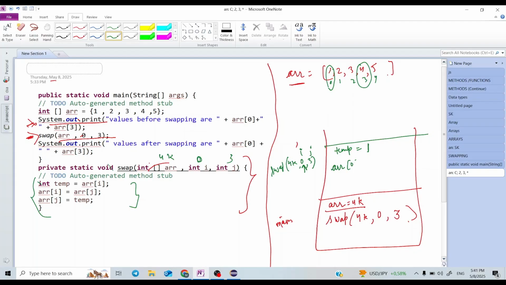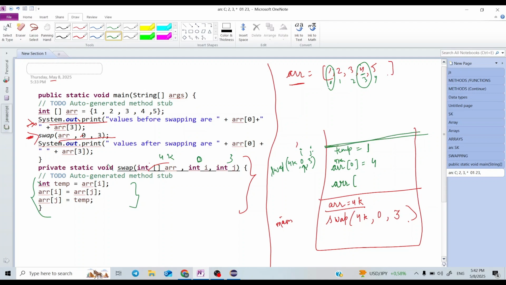And at arr of 0, that means at the 4k location, at the 0th index, we are putting arr of j, that is arr of 3, which is 4. So at arr of 0 we are putting 4, and at arr of j, that is j in this frame.